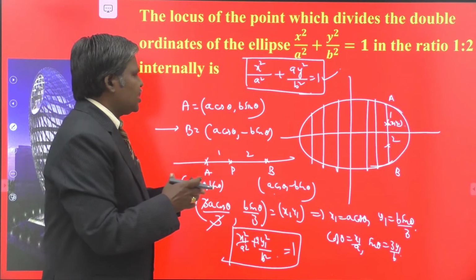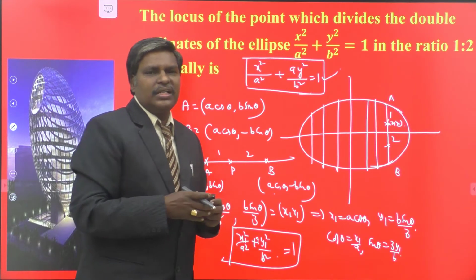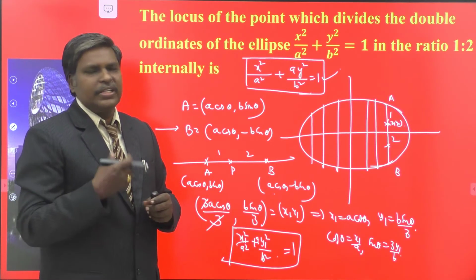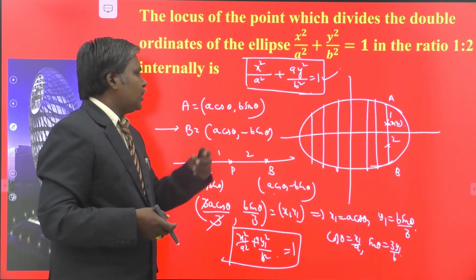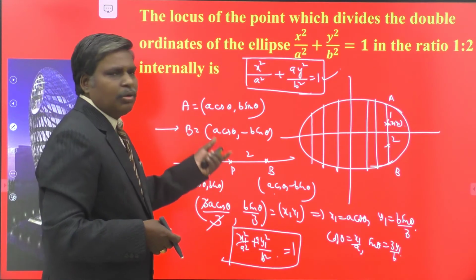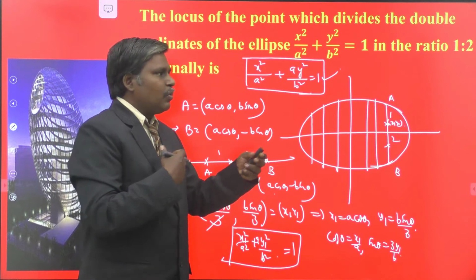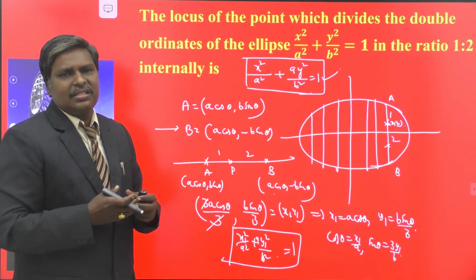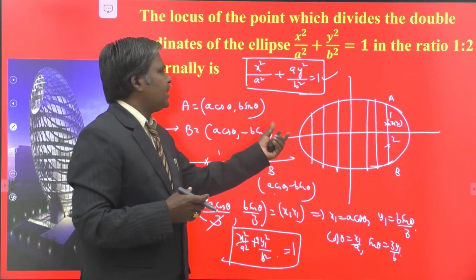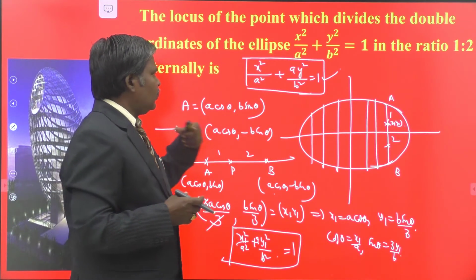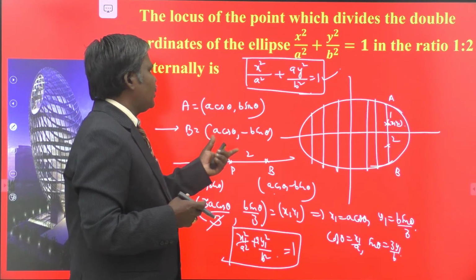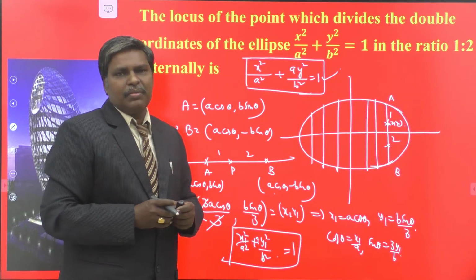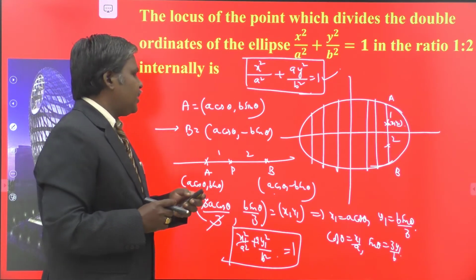So what is the distance between two foci? What is focal distance? What is the focal property? What is the geometrical property? What is a trisection point? What is a double ordinate? What is the latus rectum? What is the distance between the focus and directrix? Once you know all these things and how to draw the diagram itself, once you know these concepts thoroughly, we can do each and every problem very easily. Understand, my dears?